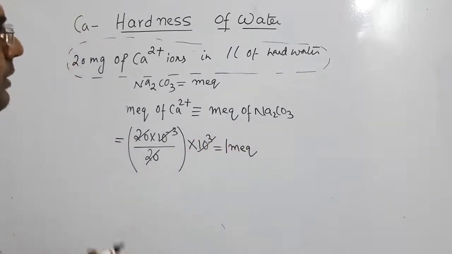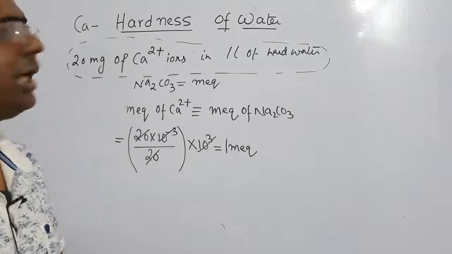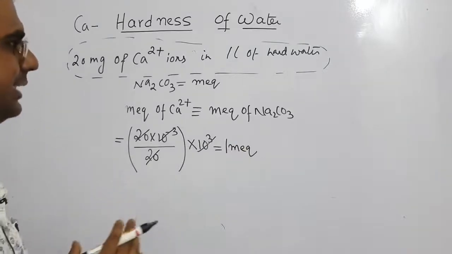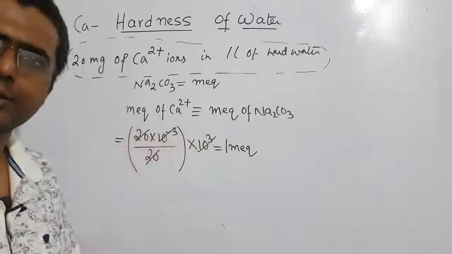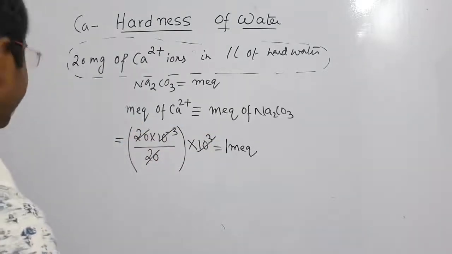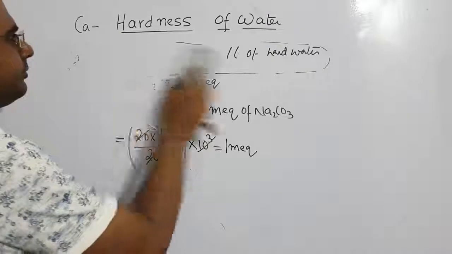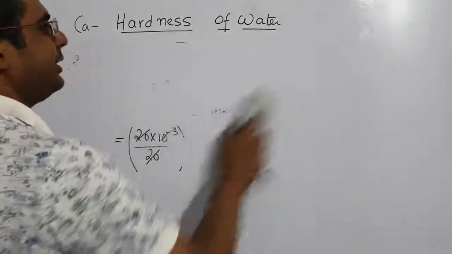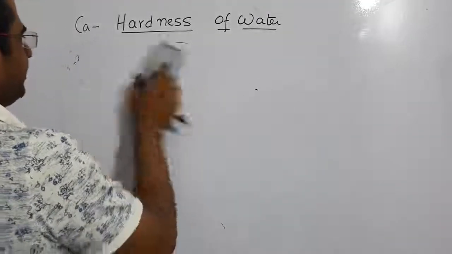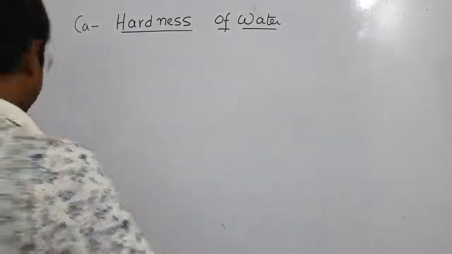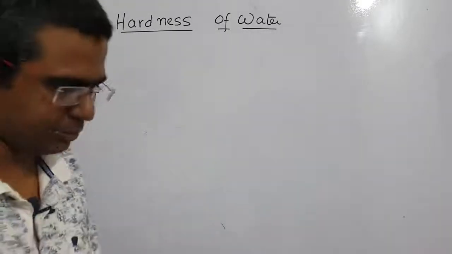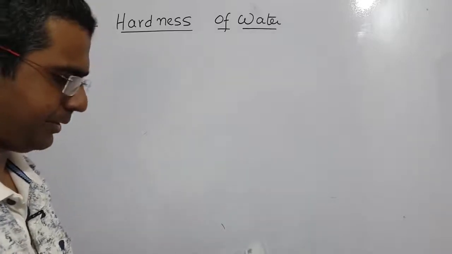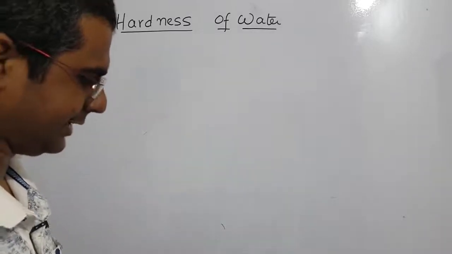So this type of problem is very likely to come in NEET examinations because it takes less time. It just needs a simple concept that milli equivalents will always be the same, okay, clear? Volumetric is very important in chemistry, so you need to be very thorough with the milli equivalent and the millimoles concept. Next we will do another problem, the last one of today's lecture.